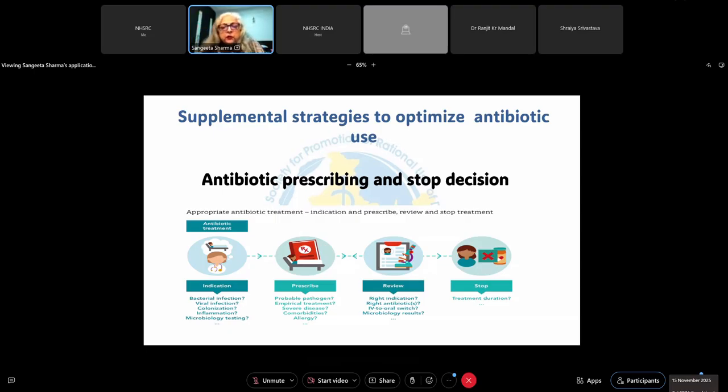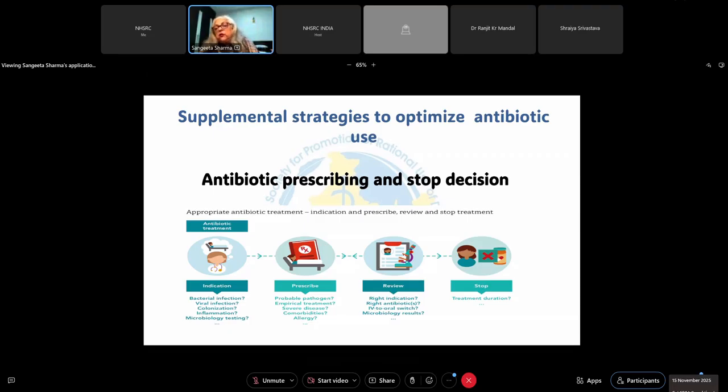So nurses also know that this plan was only for 5 days, so they will not continue these antibiotics beyond 5 days unless you give specific directions to extend the treatment with antibiotic. So writing an action plan that you plan it for 3 days, 5 days, 10 days, accordingly nurses also know. So unnecessary prolongation of antimicrobial therapy can be stopped by just simply writing one line that you plan